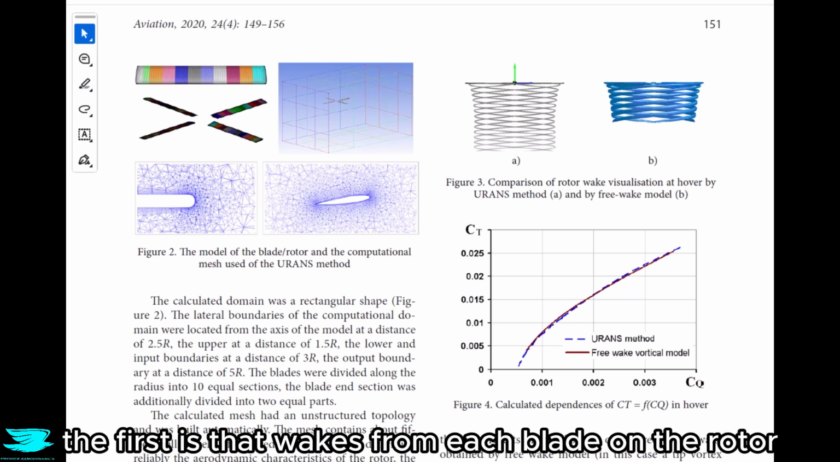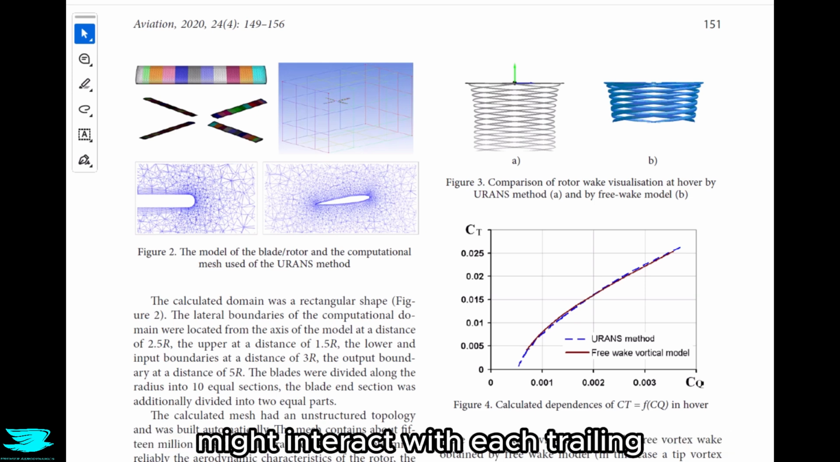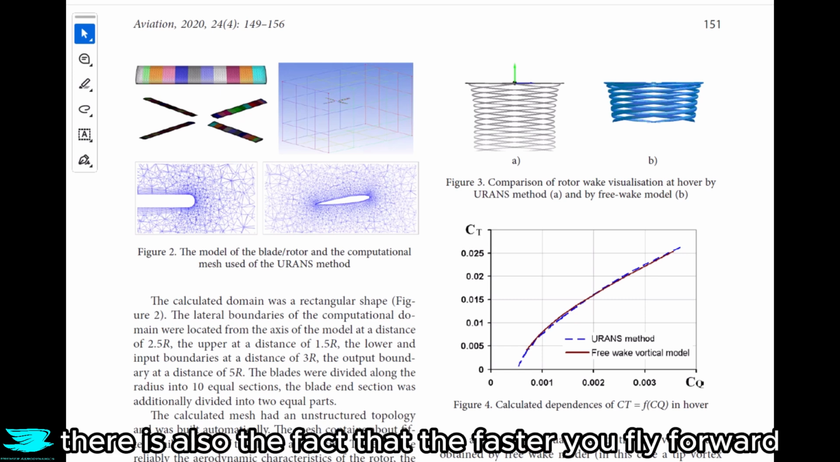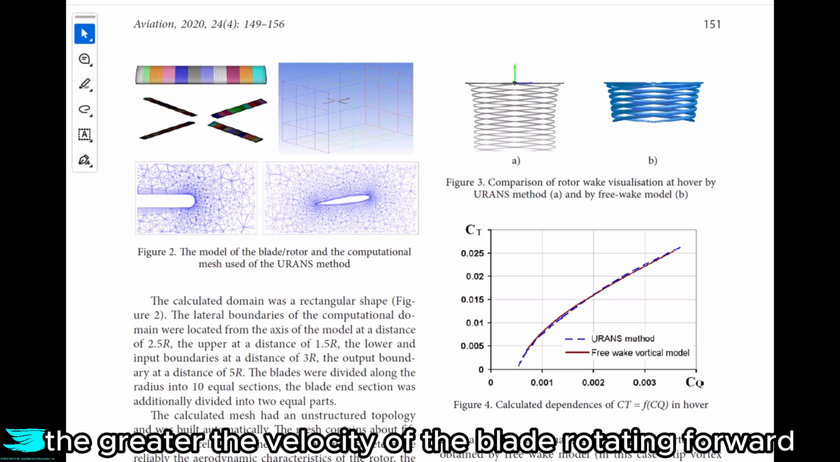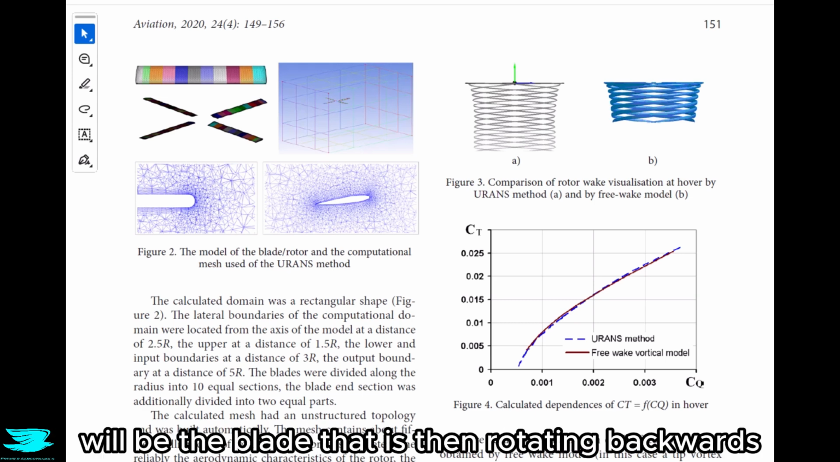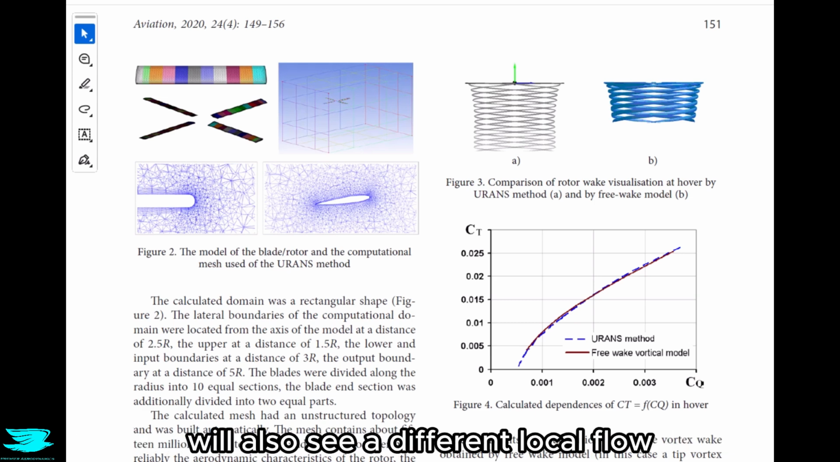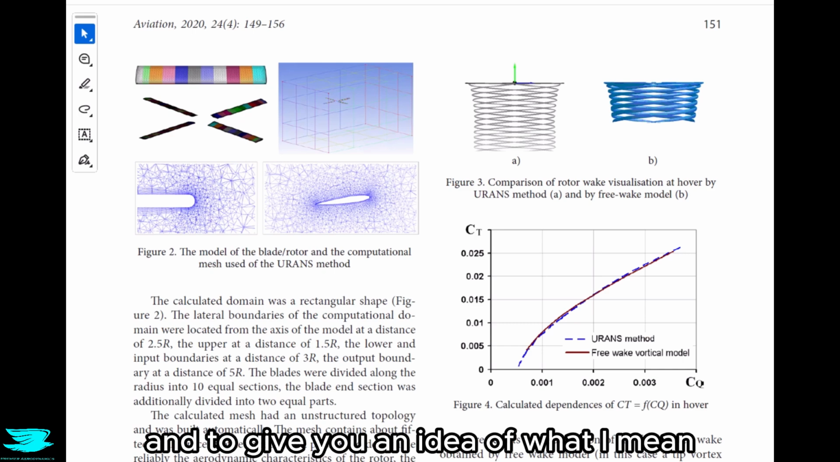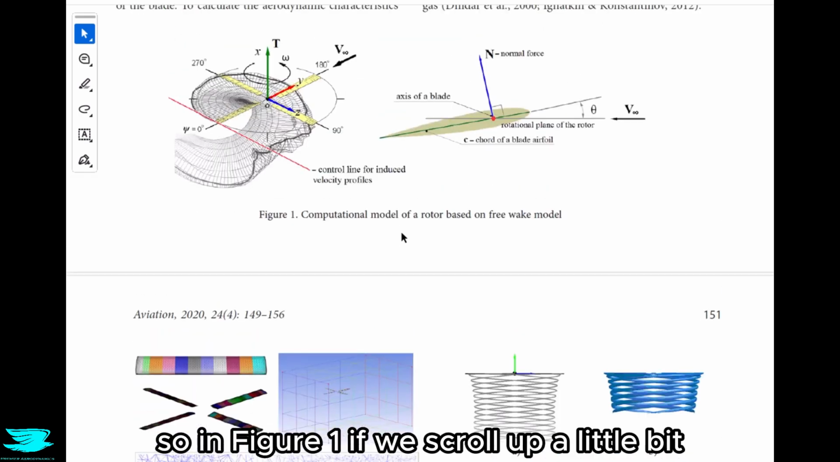The first is that wakes from each blade on the rotor might interact with each trailing blade a little differently. And then there is also the fact that the faster you fly forward, the greater the velocity of the blade rotating forward will be. The blade that is then rotating backwards will also see a different local flow. And to give you an idea of what I mean, in figure 1, if we scroll up a little bit,